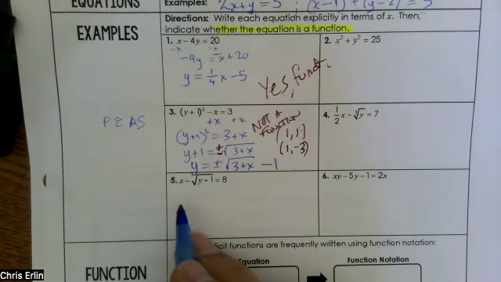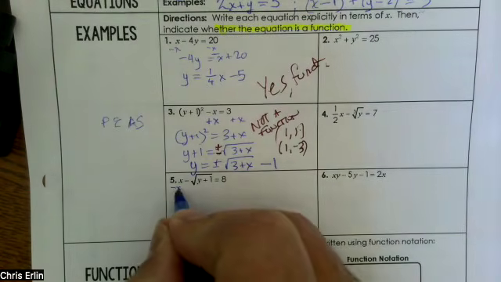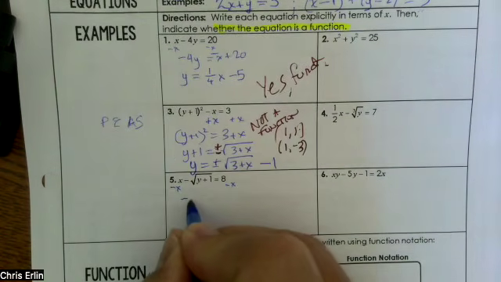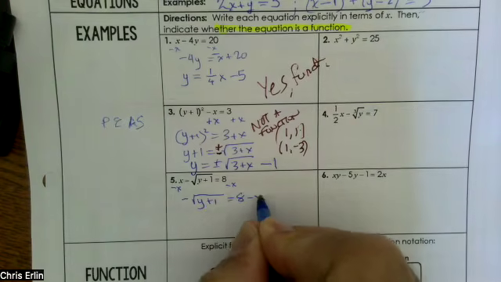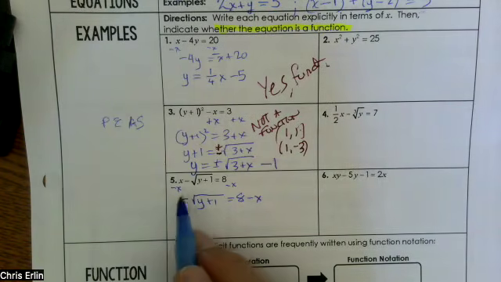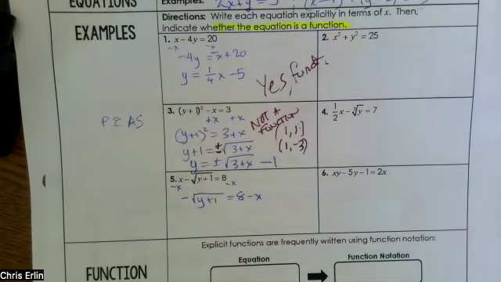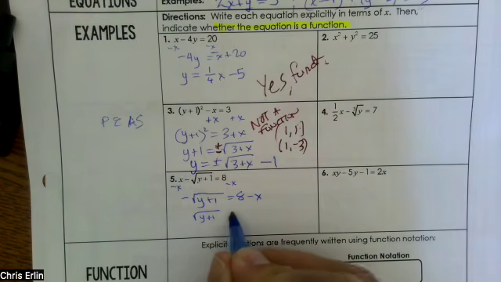What's my first step to turn this into an explicit form? Minus X. Good. So now I've got a negative y plus 1 equals 8 minus x. Let's get rid of this first. This is being multiplied by -1. So what do I do to clear that? Divide by -1 or multiply by -1. Both will work. Either way, that's going to give me y plus 1 inside the square root equals -8 plus